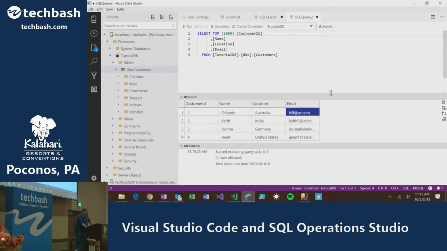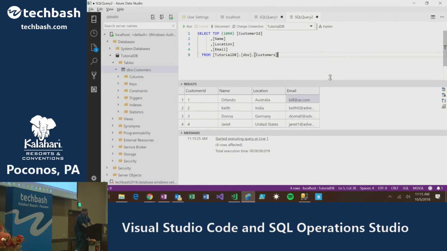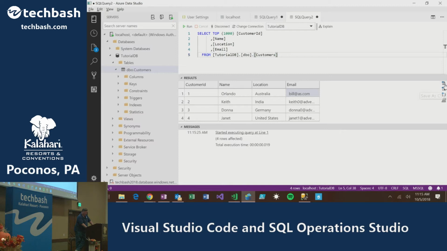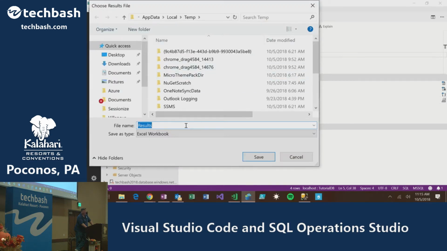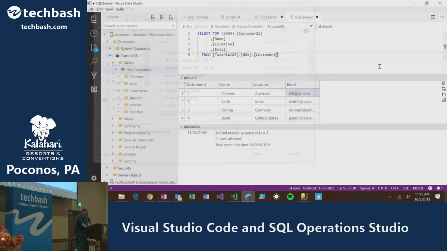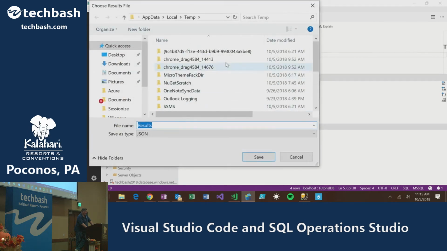The one thing I do like about it is this. On the right-hand side here, I can save the data as CSV, but I can also save it as a spreadsheet. If I click that, it actually makes an Excel spreadsheet, which is handy. And for those of you that are software developers, it will actually save the data as JSON. So you can take any SQL query and then save the whole thing as formatted JSON, which is useful.